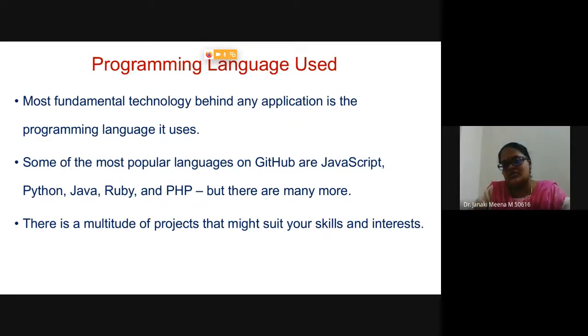And once you have chosen this, one more thing that we have to concentrate on is the programming language in which you are comfortable, right? Either you can be comfortable with web languages like JavaScript, Node.js, and so on, or C++. Those languages also you may be comfortable with. Most of the fundamental technologies that are active are JavaScript, Python, Java, Ruby, PHP. You can check your interest, whether you have deep knowledge or you want to. You may not even have deep knowledge when you start, but whether you have the interest to do C++ coding. Everyone has their own interest, isn't it?